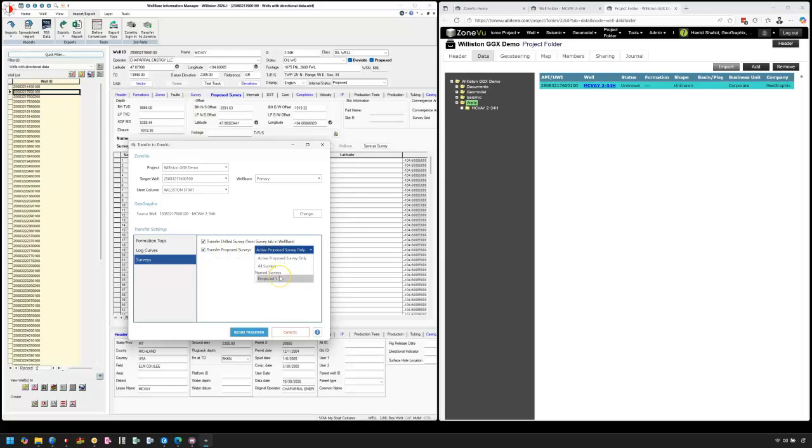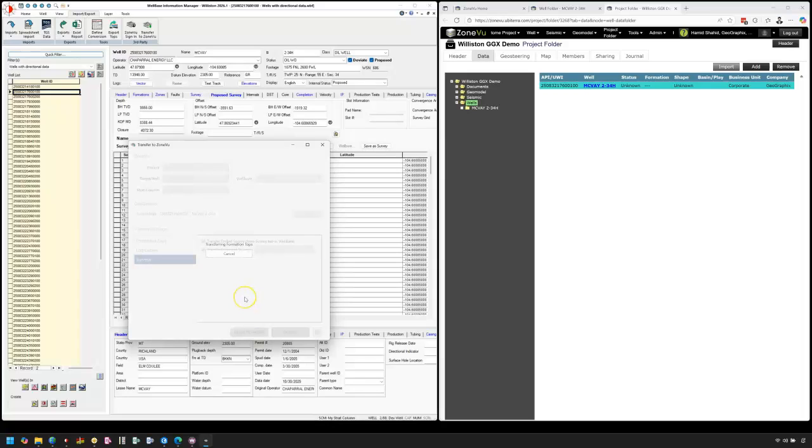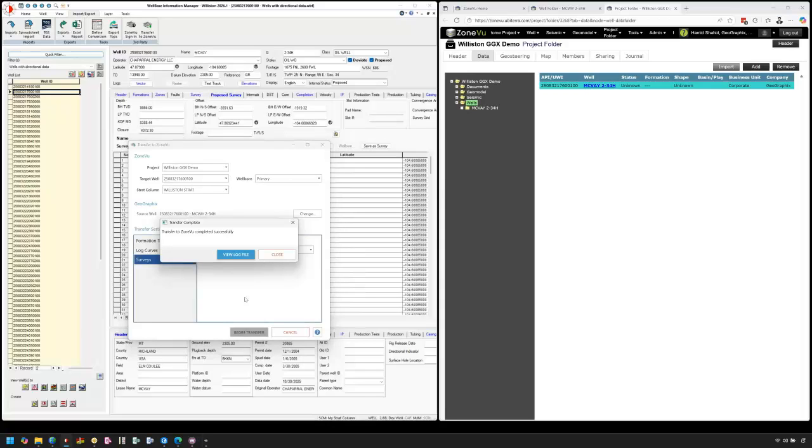So for a particular survey that I've identified with an ID, I can choose that. I could say send all my proposed surveys or just send my active proposed survey. I'm just going to say proposed one. So I'm going to be transferring these 5 formation tops, 3 log curves, and 2 surveys over into Zone View. So begin transfer. It's going to go through, transfer the formation tops, transfer the log curves, and it transfers the